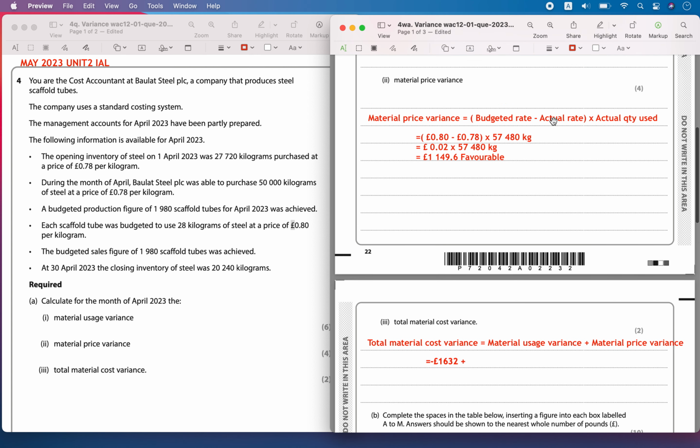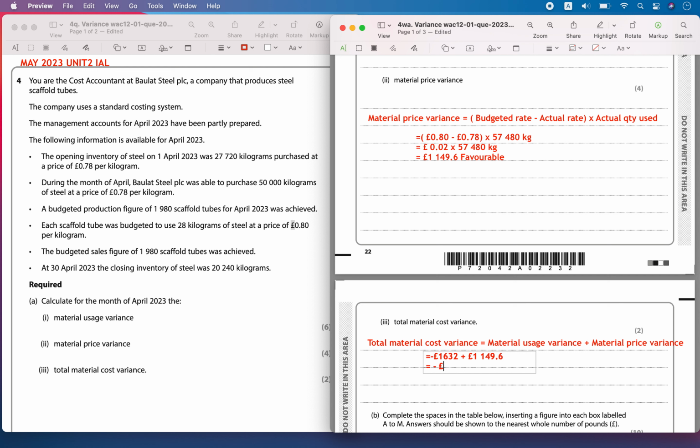Plus, this was favorable because they were able to procure raw materials at a rate less than the budgeted, so it was favorable. So 1149.6, you will write that. So that is going to be equal to 482.40 adverse. The adverse has been greater than the price variance, so the total cost variance difference is equal to